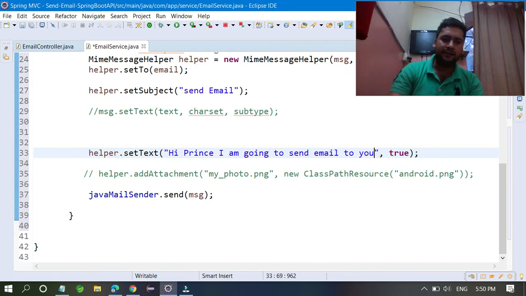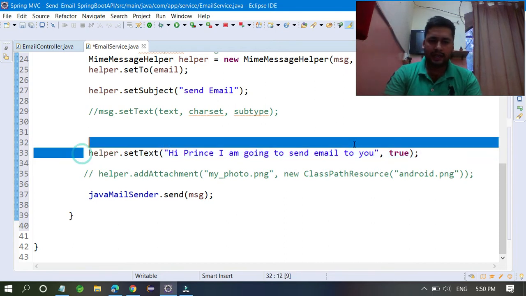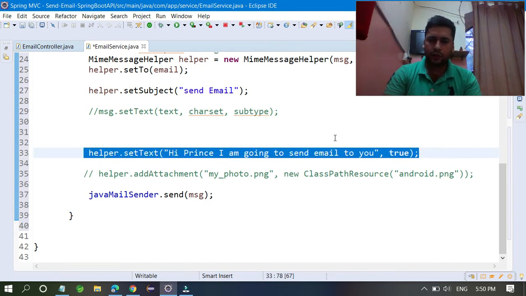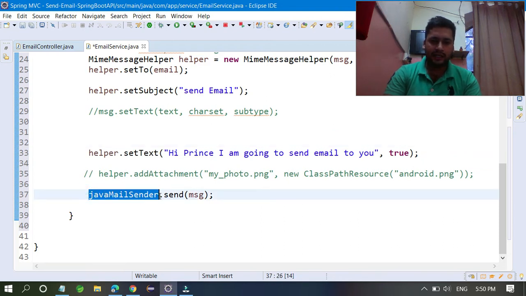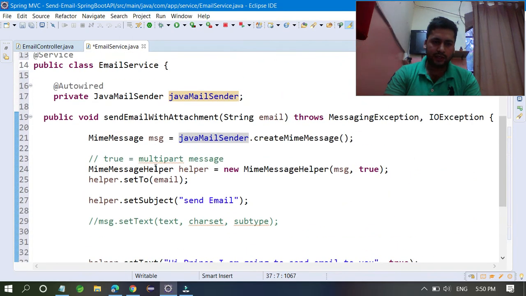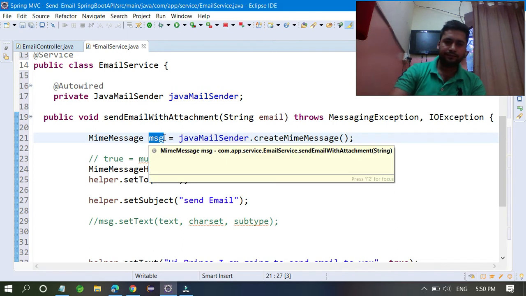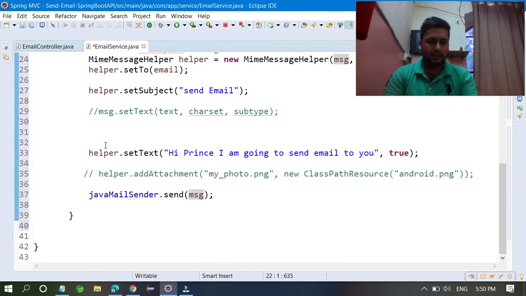Anyone, I can send emails like that. So this is the text I have written, so it will be simple for you. And just javaMailSender.send(message), message means this MimeMessage object. So this one will send everything. Okay, so my service is almost completed.